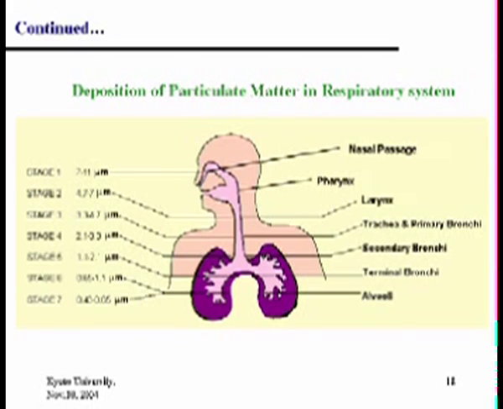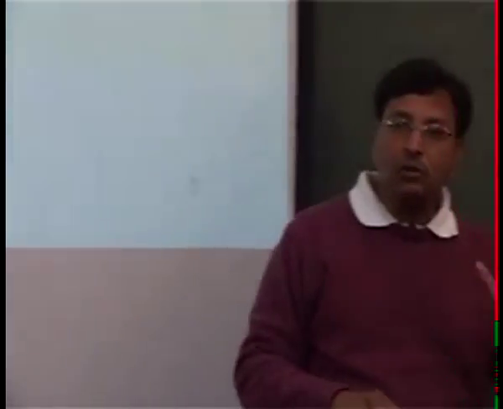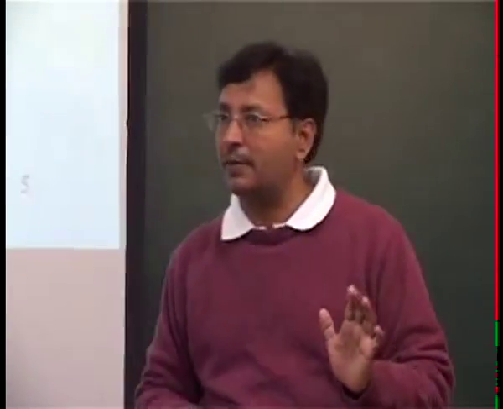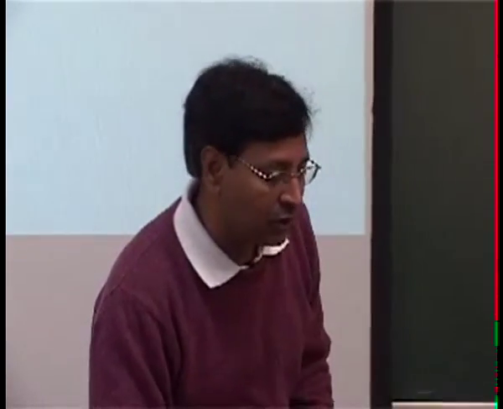This is the primary bronchial, and then you have the secondary bronchial, which could be the left bronchial or the right bronchial. Then you see this particle range, which is about 2.1 to 3.3, and the ultrafine particles, you see, go very, very deep, almost to the place where the actual oxygen transfer takes place. And we'll show you a little picture of how this looks.